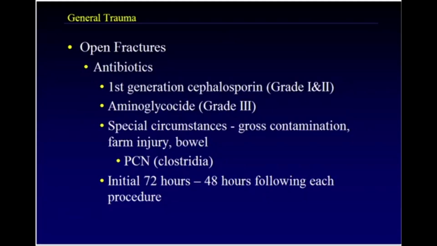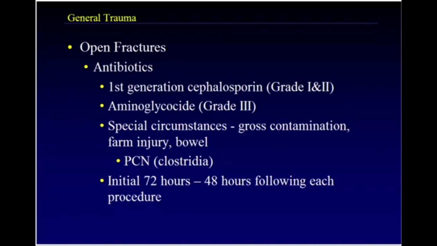Antibiotics and open fractures. Most open fractures, including most type 3 fractures, can be treated with a first-generation cephalosporin alone. Typically, Ancef is what's used. You can add an aminoglycoside for severely open type 3 fractures, 3B fractures, for example. Occasionally you'll see on test examinations some special circumstances mentioned where there's gross contamination of the wound, a farmyard injury, or bowel contamination of the wound. Those are the situations where you would want to potentially add penicillin, and the organism that you're trying to cover in those situations is Clostridia. And then you want to maintain the antibiotics until you have